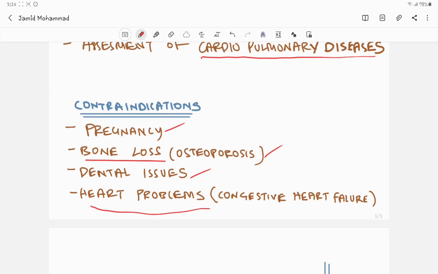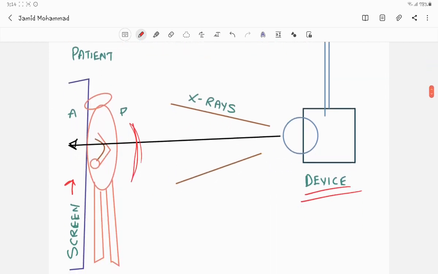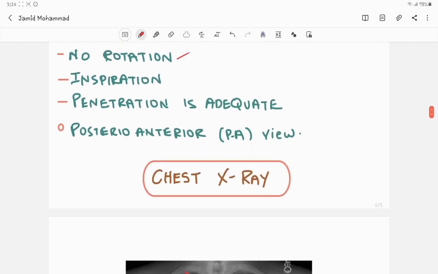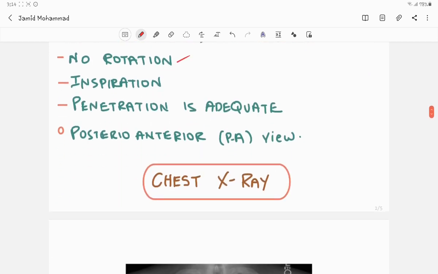It could be a hypo-inspiration condition, or if the number of ribs is more than 9 or 10, it will be a hyper-inspired x-ray, so it is not correct. So we will suggest the patient go for another x-ray so that we can diagnose the